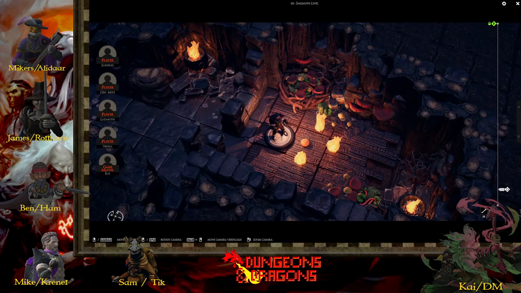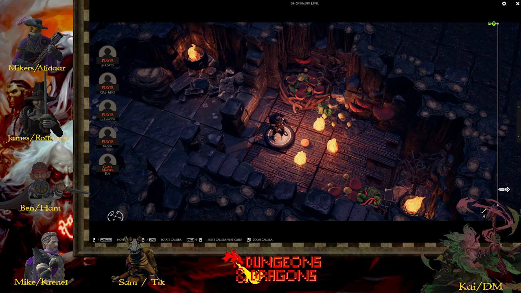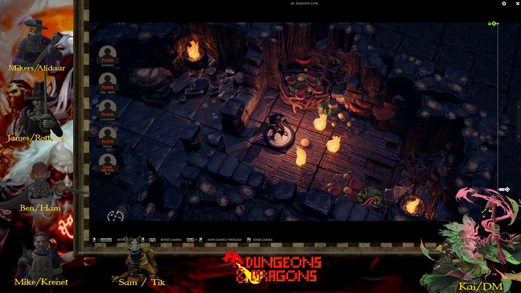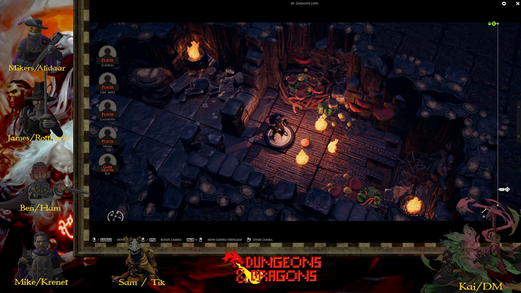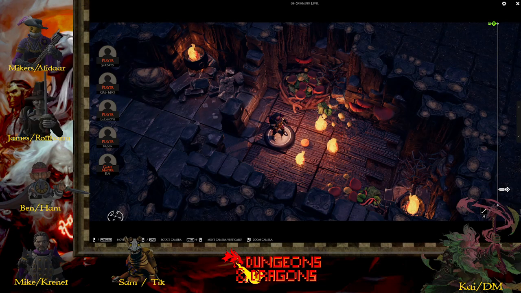Ioun stone of sustenance, it orbits your head. Yep. And does it just make it so you're never hungry? Yeah, as long as you're attuned to it, you never have to eat or drink. What a weird item. I get why it exists in a game about adventuring, but it floats, which means that people could grab it, right? They'd have to make a very high check. They couldn't use it, but